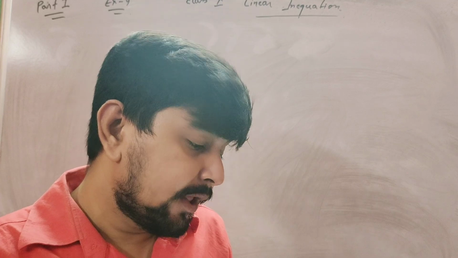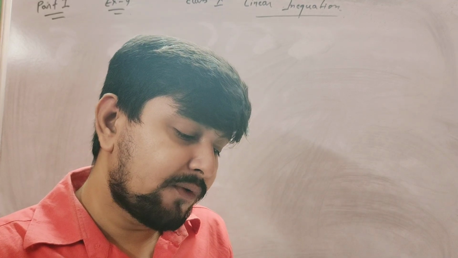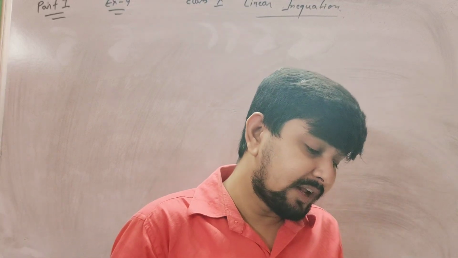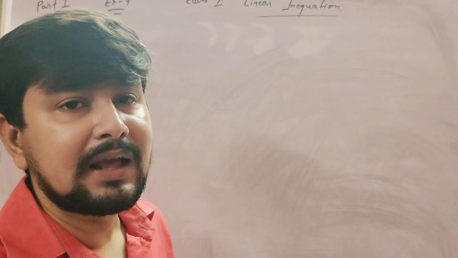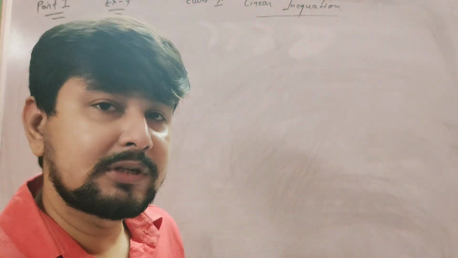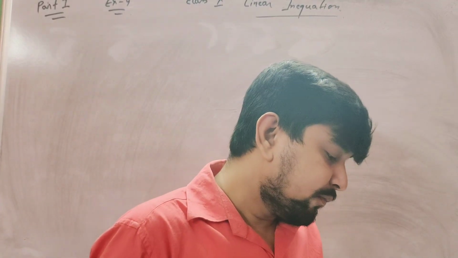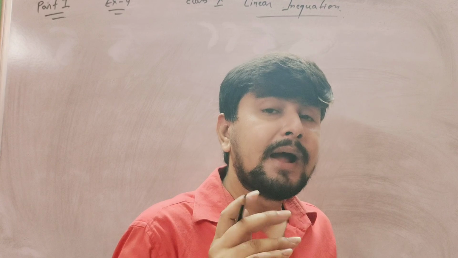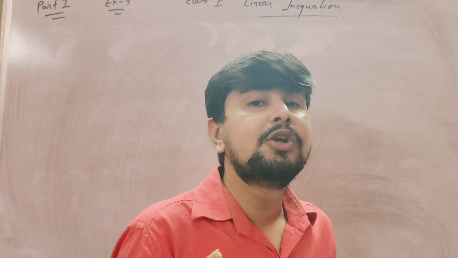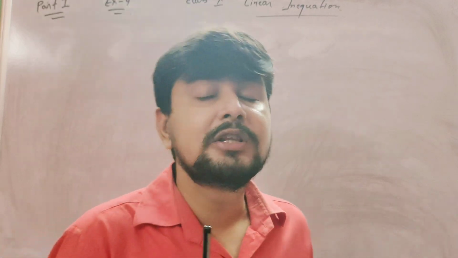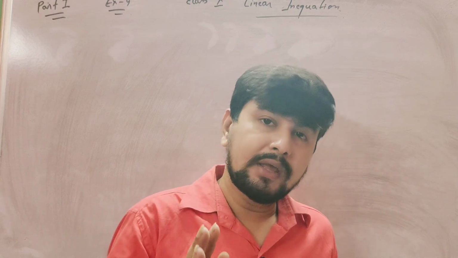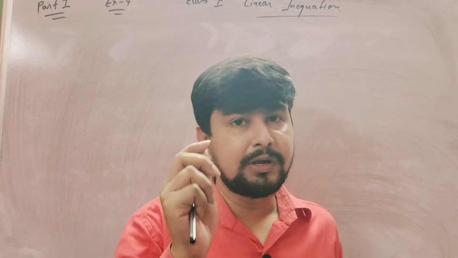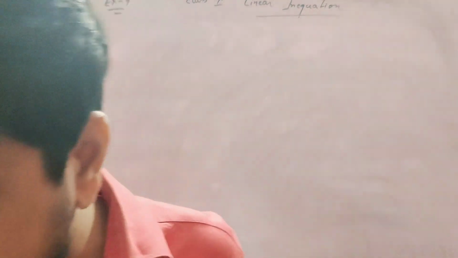Okay, number 2 point. Any number or expression can be transposed from one side of an equation to the other side. The sign of the transposed term changes from positive to negative. We know that when a term comes from the LHS to the RHS, negative goes positive and positive comes to negative. Whenever you divide or multiply by a negative number, then the symbol of the inequation is reversed. Remember that this point is very important. Whenever you multiply or divide by a negative number, at that time your inequation sign gets changed, that is, it gets reversed.